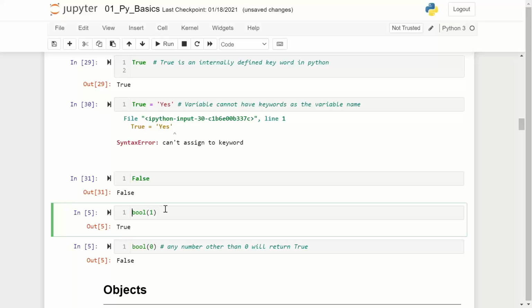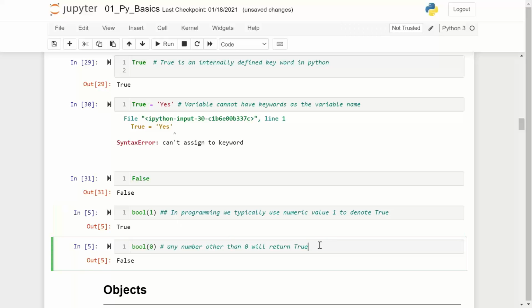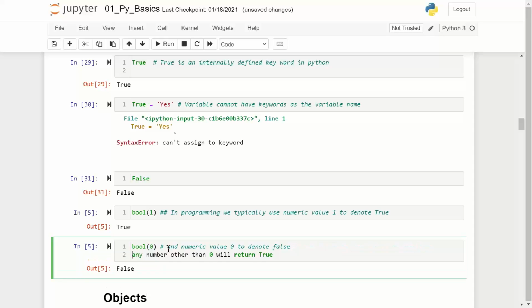In programming, we typically use the numeric value 1 to denote true and the numeric value 0 to denote false. Note,